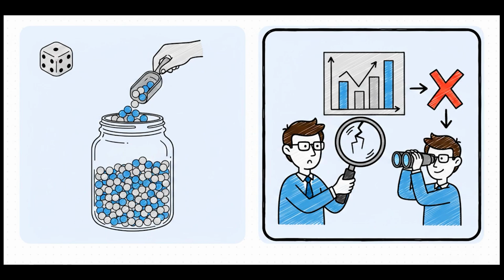So here are the two ways an audit test can go wrong. First, you've got sampling risk. Auditors can't check every single transaction, right? So they test a sample. But what if, just by dumb luck, the sample they picked looks perfect, but all the big errors are hiding in the invoices they didn't check? That's sampling risk. Then you have non-sampling risk. This is basically every other kind of human error: using the wrong audit procedure, misinterpreting the results, or just plain failing to spot an obvious error.